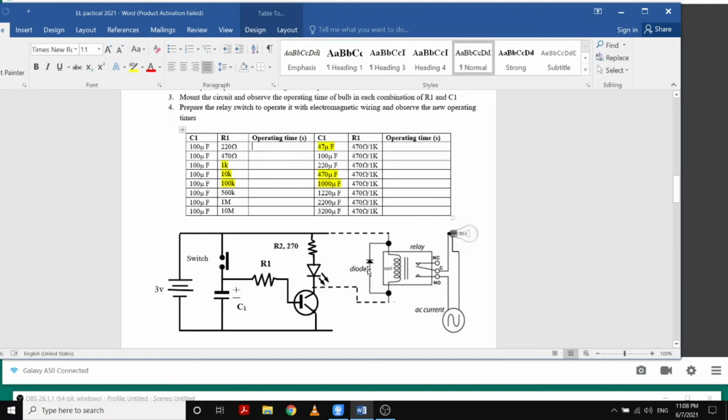So here you can see that in a relay switch, you have this electromagnet here, right? So we can replace this bulb and resistor combination with this relay switch. The relay switch has an electric coil here. When this base current is activated, there will be an electron flow here, and this coil will get sufficient current,